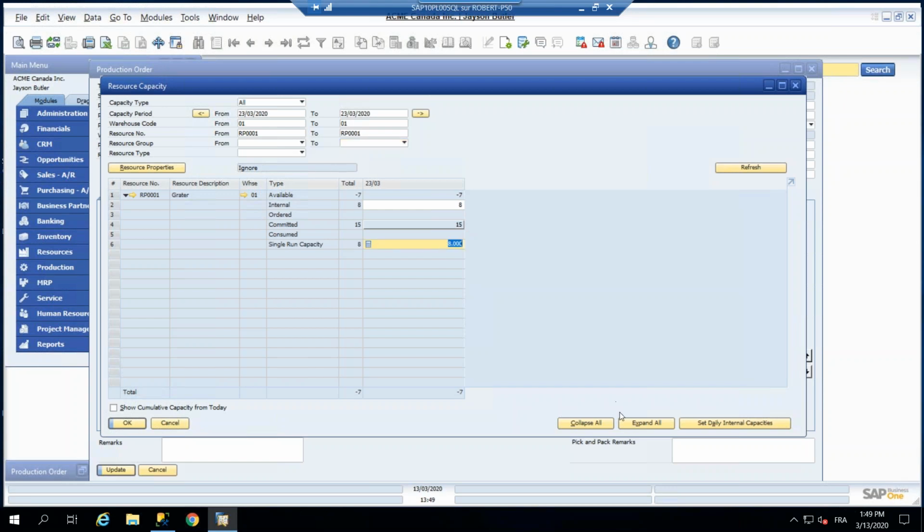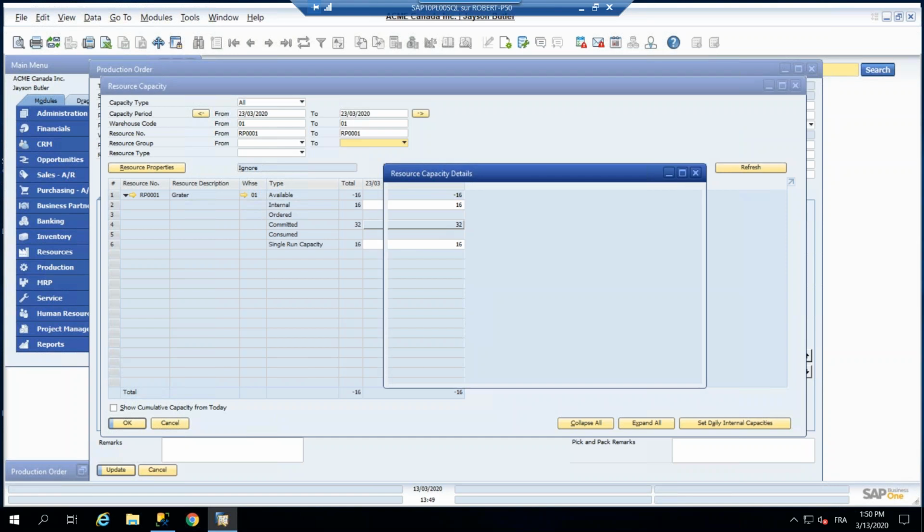So in this case we would have to take some decision on what we could do to overcome this. Either we spread the production over 2 days, so not finishing on the 23rd but on the 24th, or maybe increase the shift or go overtime and just increase the capacity for that day to 16 hours. So when I update this, I will be